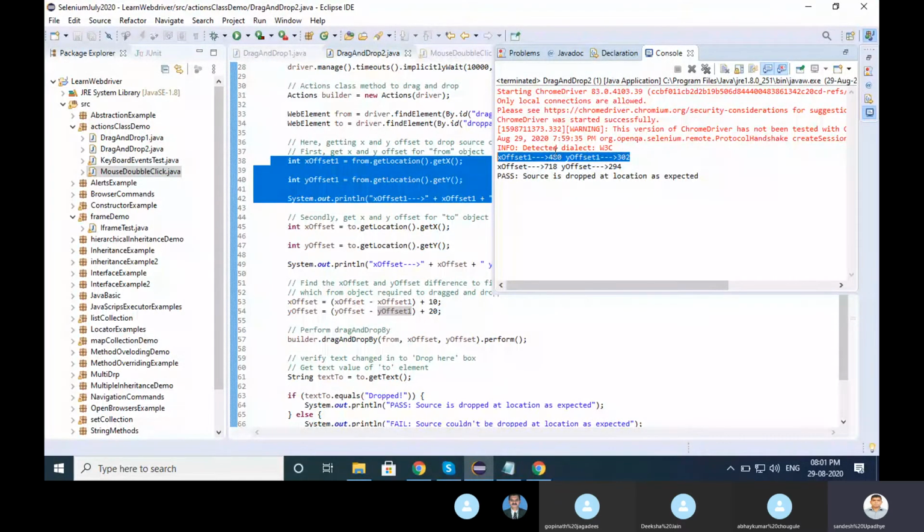So 780 minus 480, right? Whatever the calculation they did after subtracting, they increase it by 10.